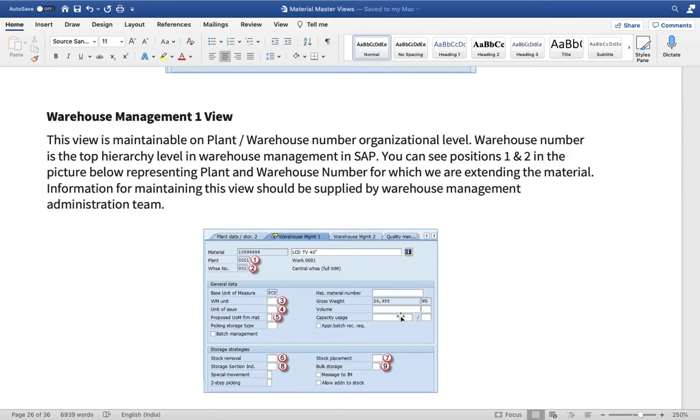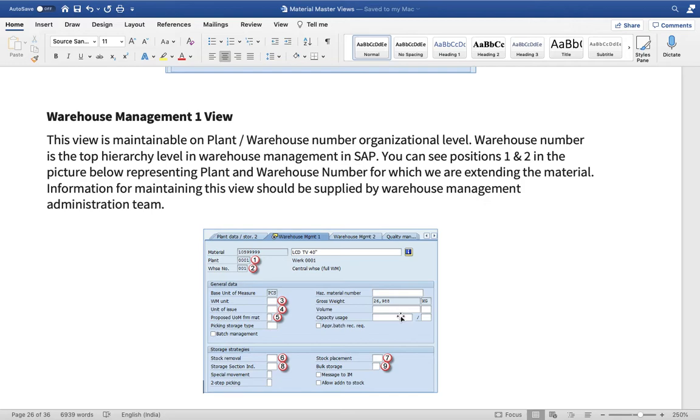Before telling that, let me explain. SAP has a module called SAP Warehouse Management Module, the WM module, and for configuring the program in that module, the master data requirement is also the material master. Whatever basic requirement is there, the data which needs to be entered, or the unit or the parameters which need to be maintained, is maintained in this particular view. So what SAP does here, it allows some parameters which are mandatory, but one has to please remember that